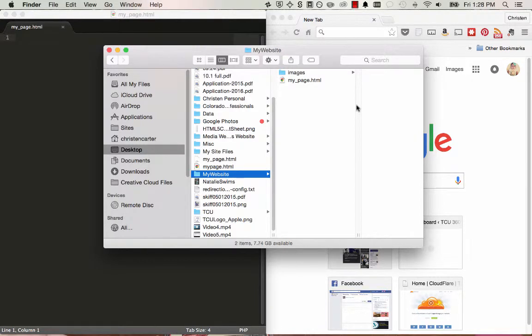Today we're going to be learning about the basics of HTML to get you guys started learning how to code. So the first thing that I want you to do is create a folder somewhere that you remember. I put mine on my desktop and I called it my website, and then you're going to just create a